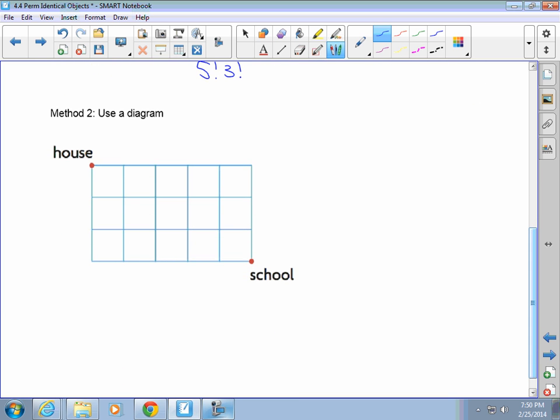Method number 2 is using a diagram. Oh, and I lost my textbook. In your textbook, on page 264,